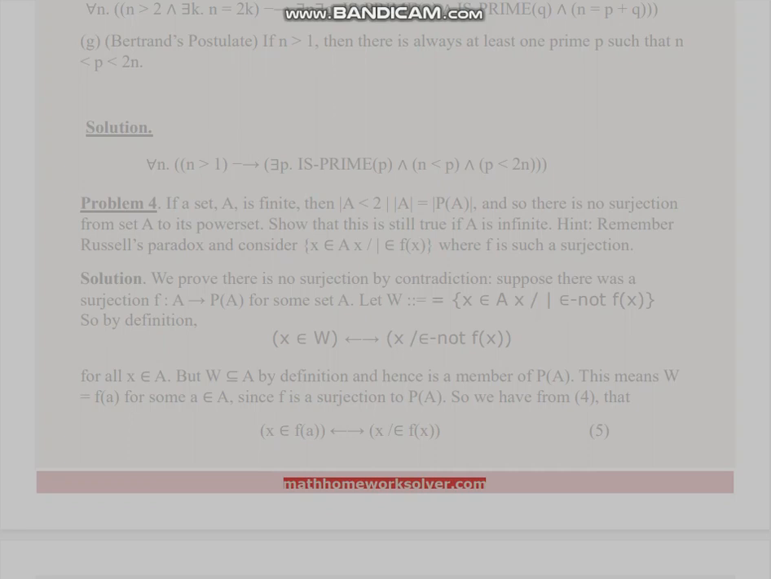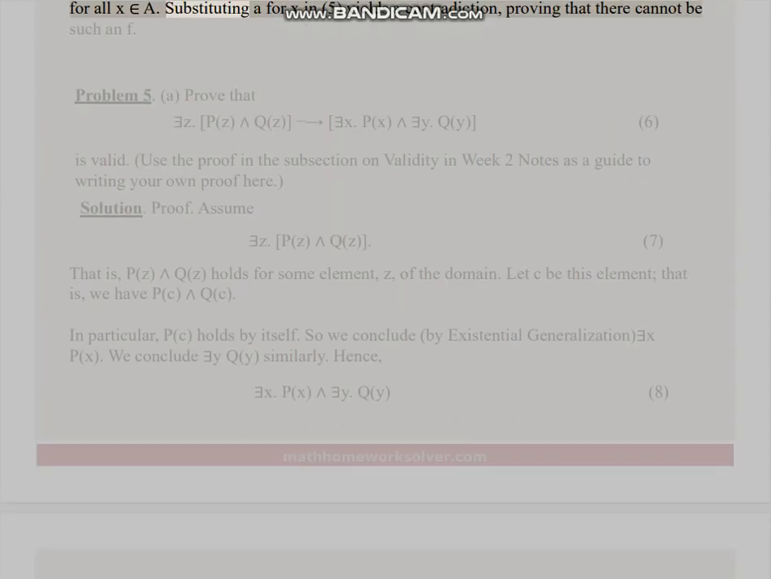∀x ∈ A, x ∈ W iff x ∉ f(x). For all x in A, substituting a for x in (5) yields a contradiction, proving that there cannot be such an f. Problem 5. A. Prove that (∃z (P(z) ∧ Q(z))) → (∃x P(x) ∧ ∃y Q(y)) (6) is